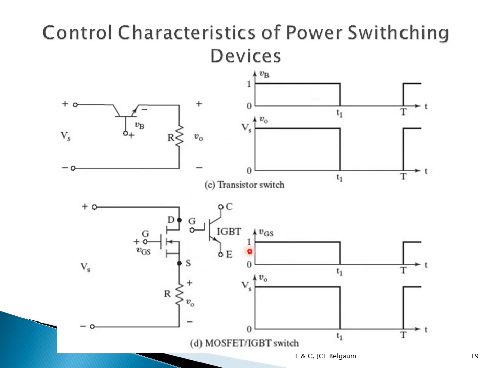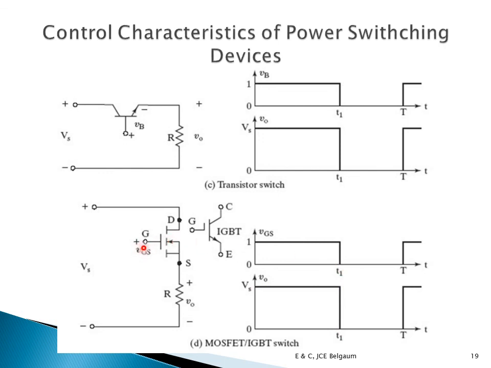Next is your MOSFET and IGBT, right? They are very similar. So I am applying your VDD here, plus minus, and this is the load. Same thing: as long as VGS, that is the voltage applied between the gate and source, is available, the load voltage, that is V0, will be same as the input because this acts like a switch on. This point D will be connected to S. So D is connected to Vs, so Vs becomes equal to V0. So as long as VGS is there, I will get V0 till T1.